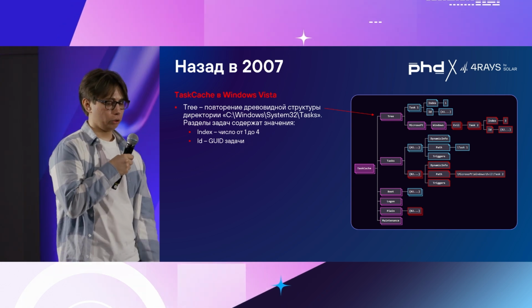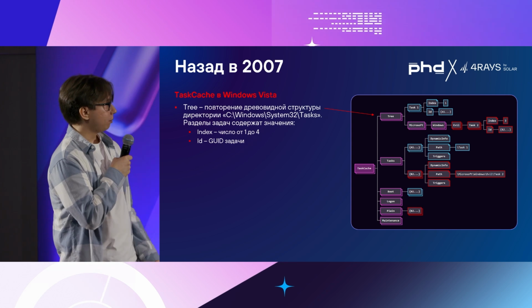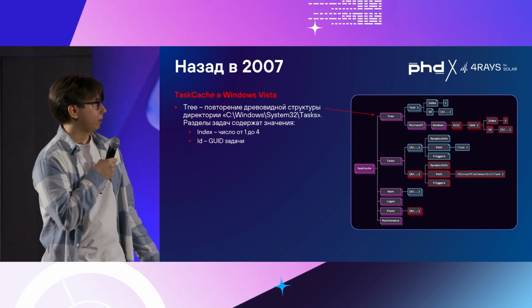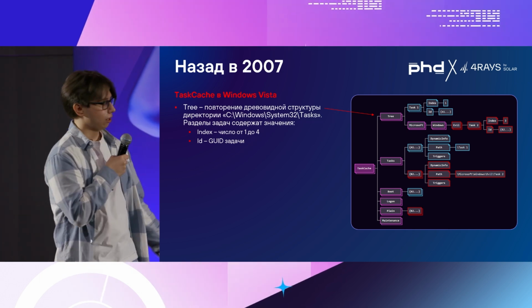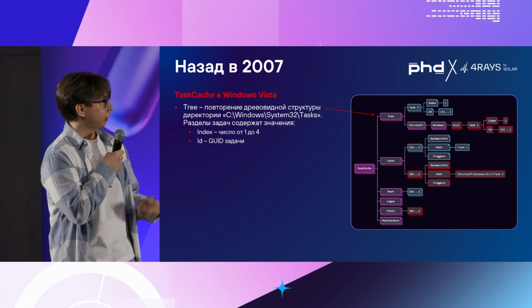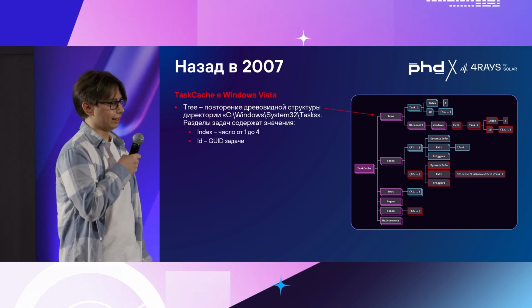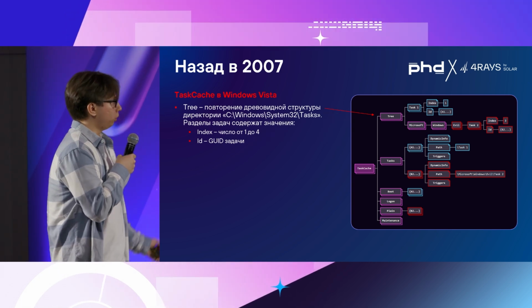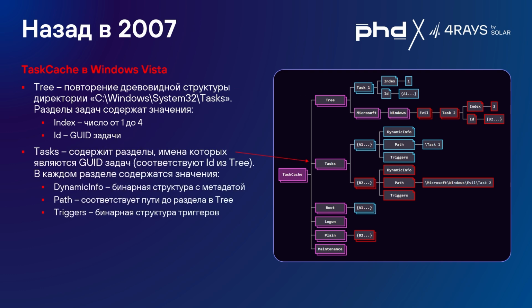It has a few directories, the tree directory, which has tasks and containers. Task 1 can keep an index, a number from 1 to 4, and ID, which contains GUID tasks. Here you also see the tasks that contain similar things to directories, and the whole tree actually repeats C:\Windows\System32\Tasks. Then we have the C tasks,